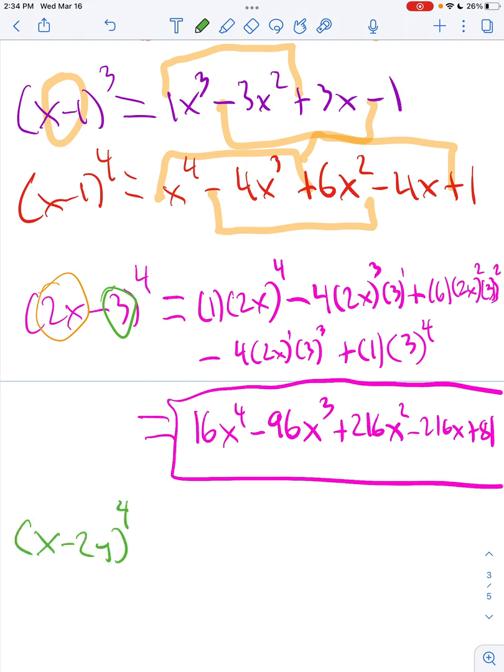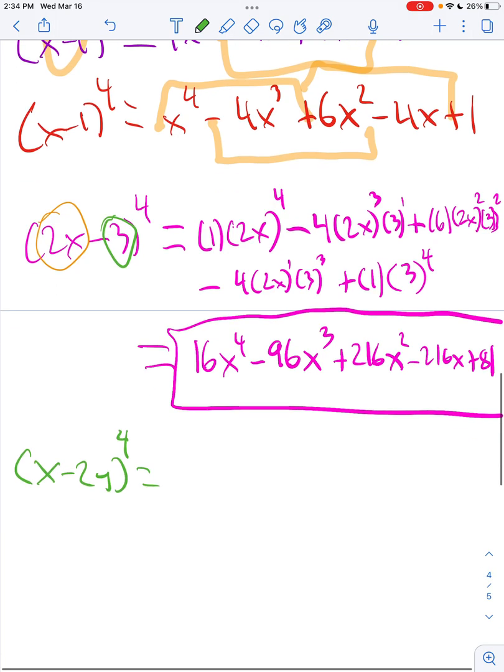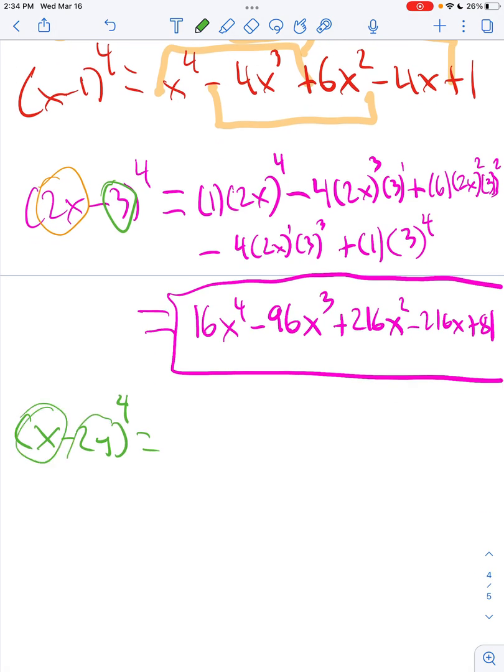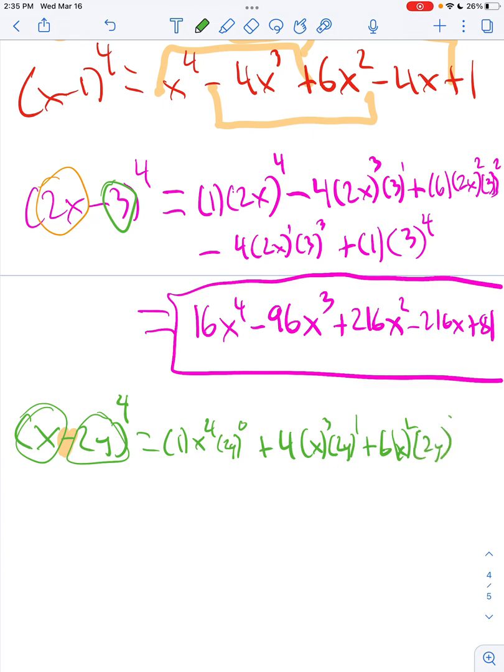Let's do one more of those. x minus 2y to the fourth. So again, fourth row. I'm going to say I have a term of x and I have a negative 2y, because this is minus, I need to subtract. So 1 x to the fourth, 2y to the 0, plus 4 x to the third, 2y to the first, plus 6 x squared,